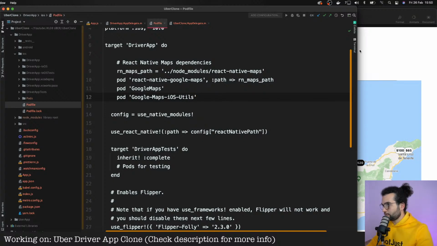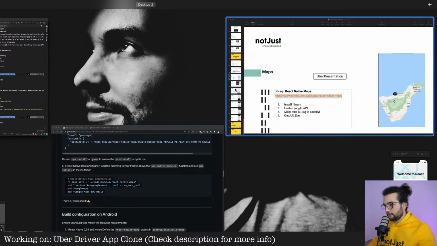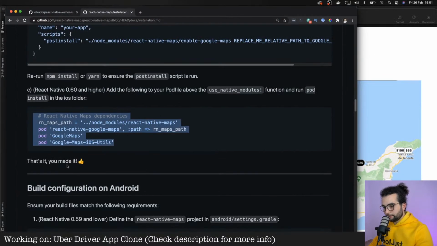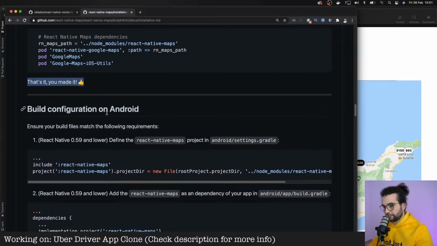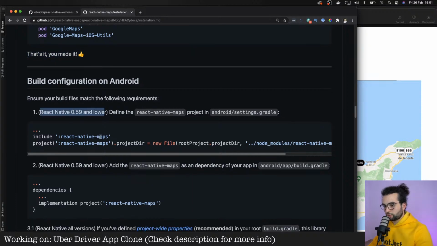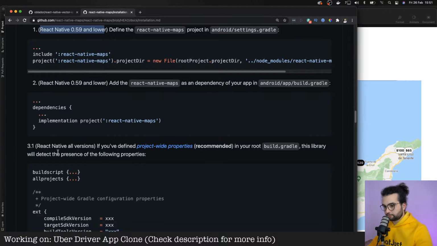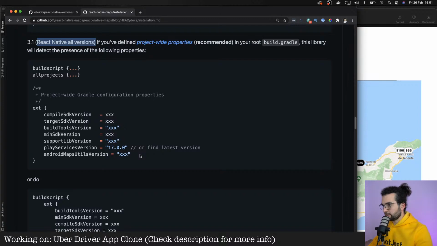Let's save, and we should rerun npx pod install to update with these libraries. And probably for iOS, that's it. We will test it. Let's follow along with configuration on Android. Okay, we will also check only the version 0.60 and above, and all versions. If you define project-wide dependencies,